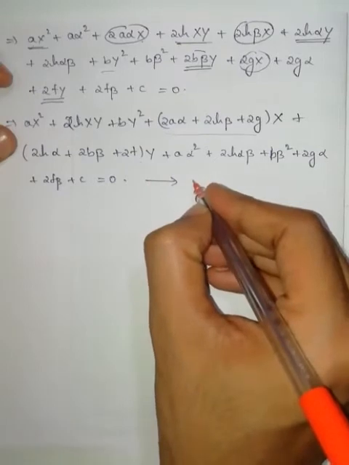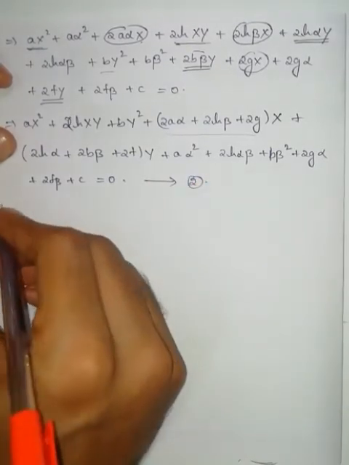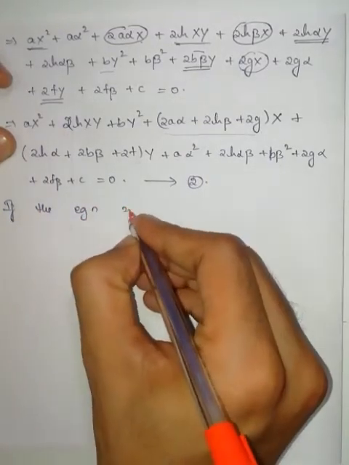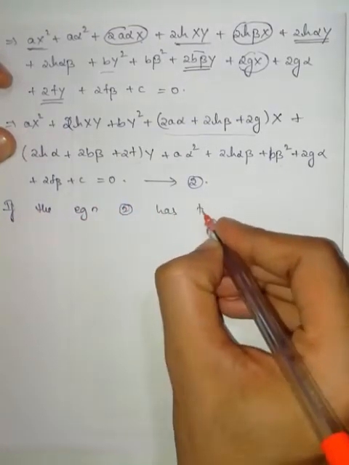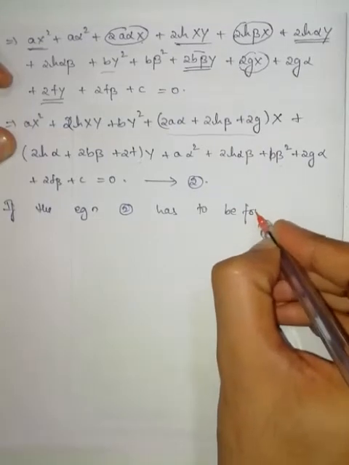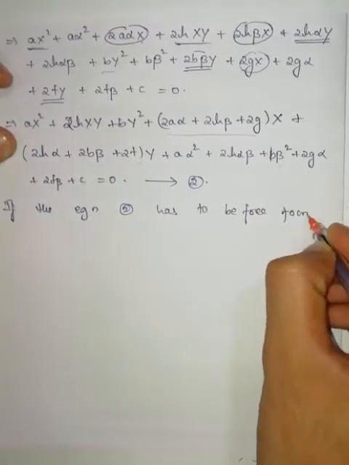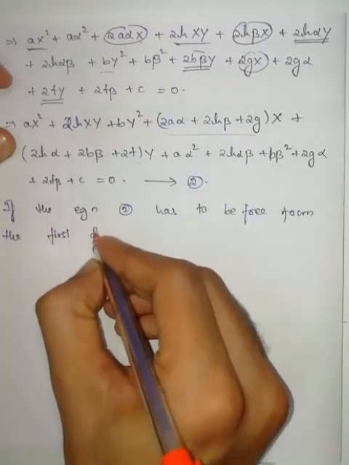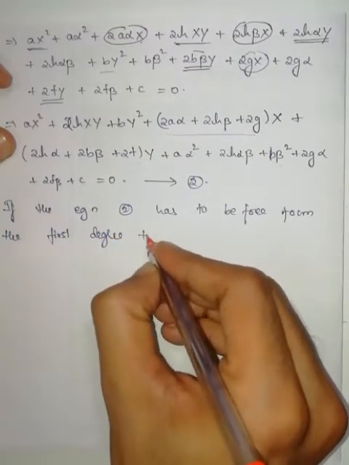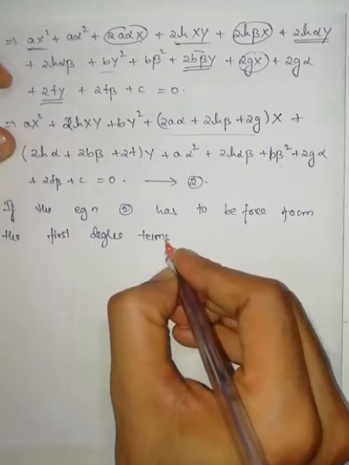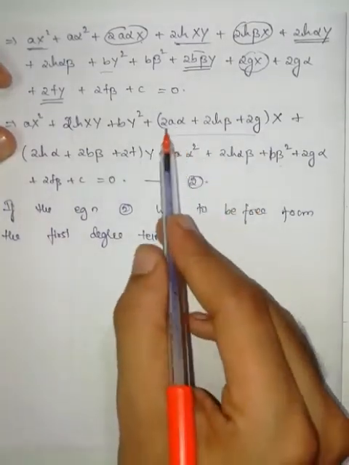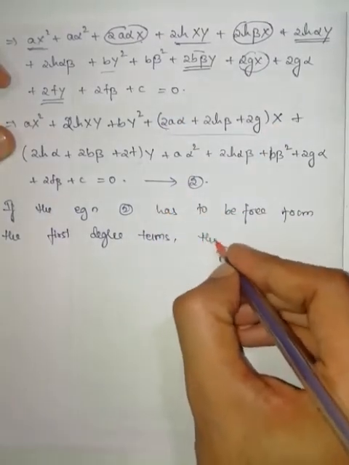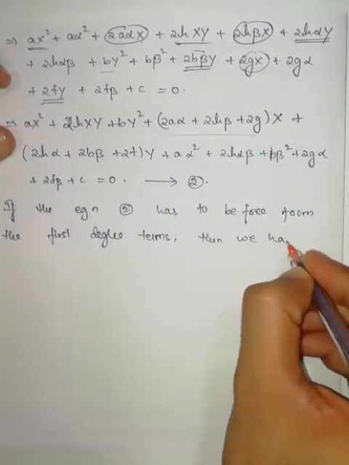So, equation number 2. If equation 2 has to be free from the first degree terms, it means the equation should not contain the first degree term, so I have to make this one as 0 and this one as 0. Then we have